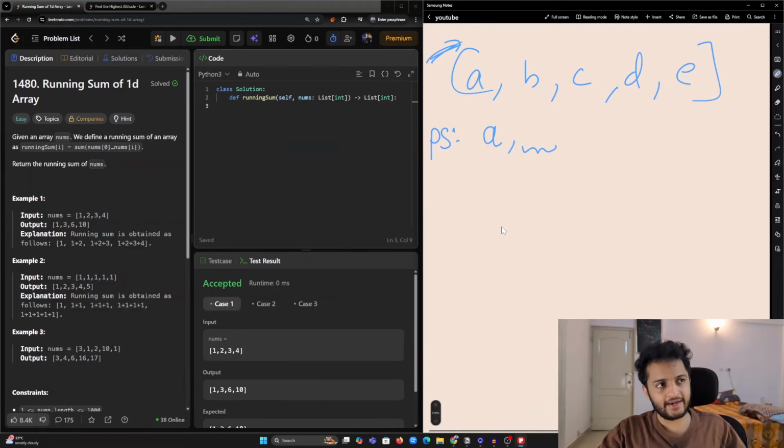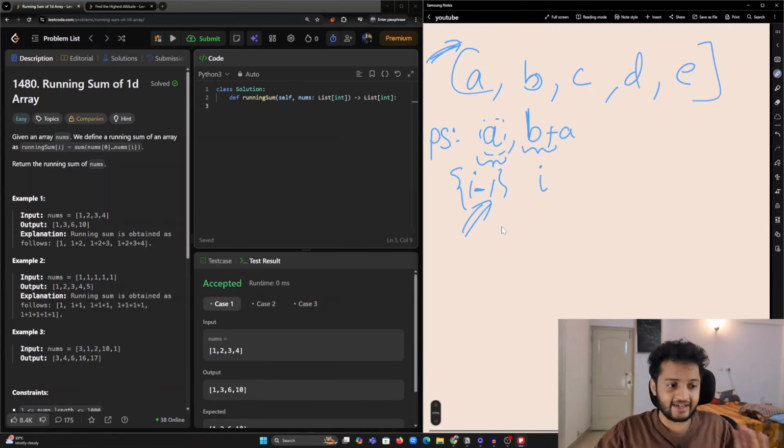If I need to calculate the value at the ith position, can I say that my i minus 1th position will have the sum of all the elements till i minus 1? So can't I just add my current element B to my previous value, which is A? So this is the entire logic.